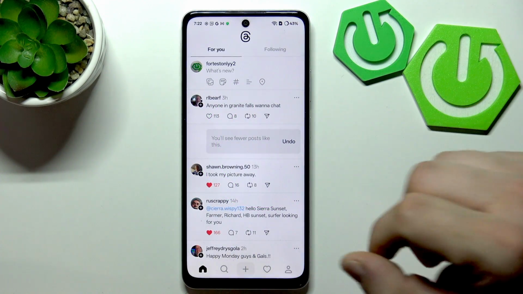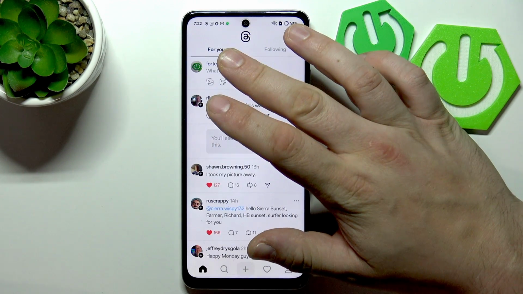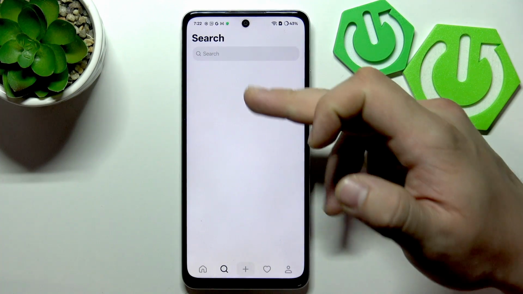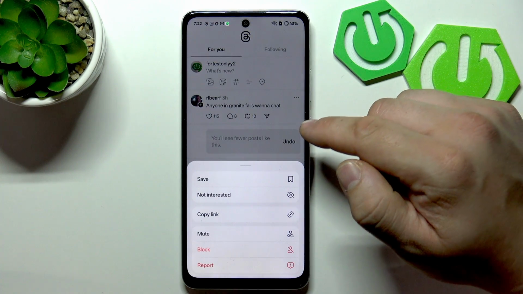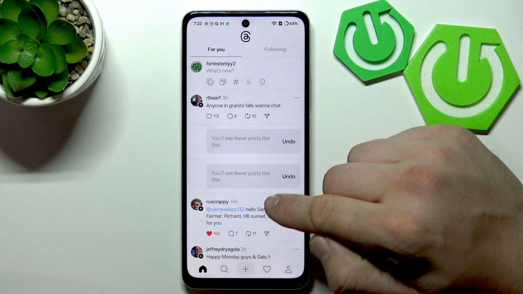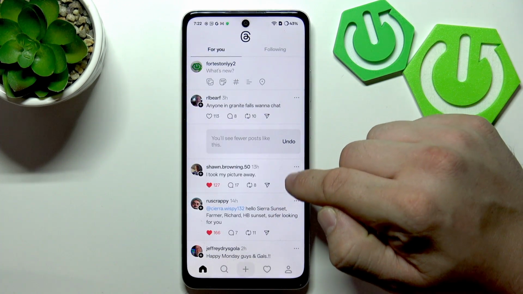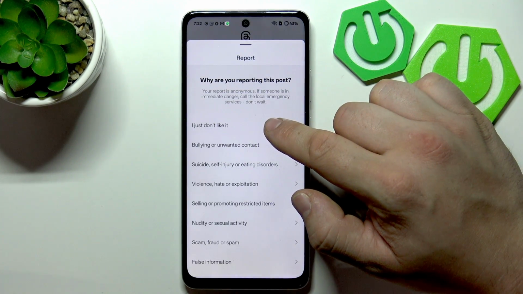In the beginning, let's find the profile you would like to limit interactions with. You can do it from the For You page, Following, or from search. Next, tap on the three dots button, and now you can either mute, select Not Interested, or Report. Now you can select I just don't like it,